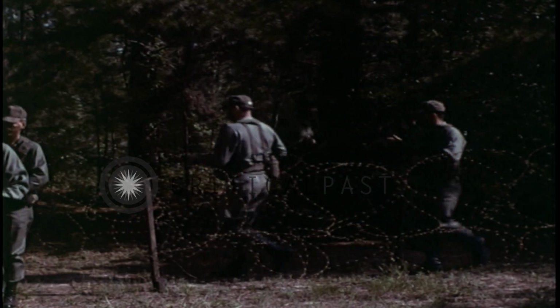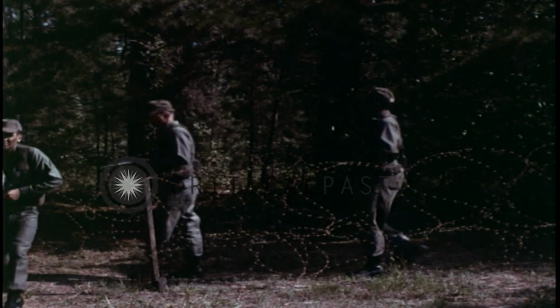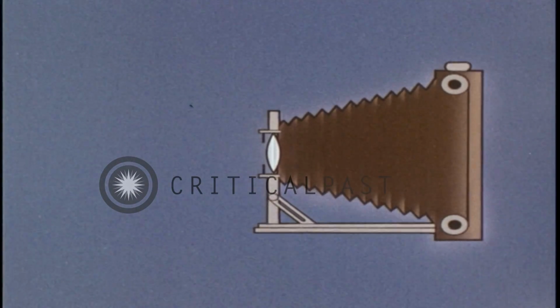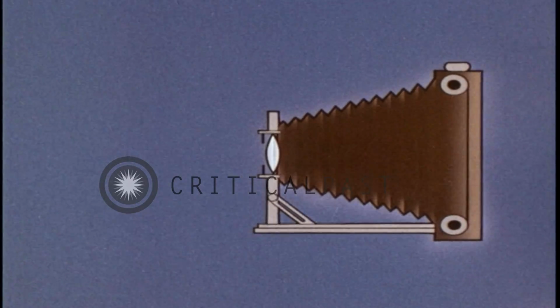Nothing. Then after about 30 minutes, when their eyes became accustomed to the darkness, the men would be able to distinguish general outlines of black, white, and shades of gray. To better understand this night vision, let us examine the operation of a camera, for the eye functions somewhat along